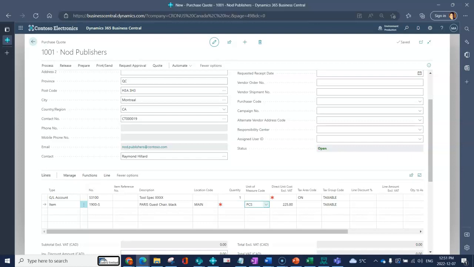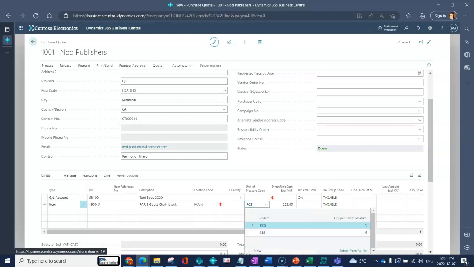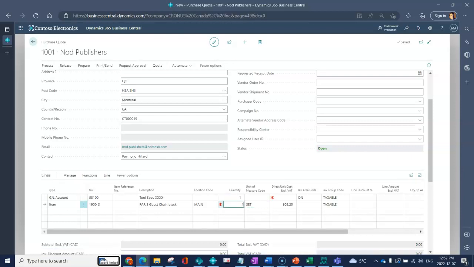Or for this item, I've got what's called a unit of measure conversion set up. The unit of measure conversion allows me to say that for this item, I could transact either in pieces or I could transact in sets. So if I say I want to buy 1 set, and this becomes an order and I receive it, the system would be smart enough to know that 1 set is actually 4 pieces or 4 chairs. So I can set this up on any of my documents, and now when I send this off to the supplier to quote it, they'll say, oh, what's the set price for this,